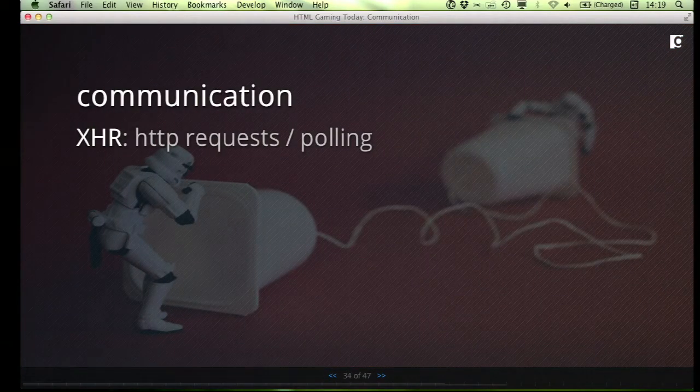Well, the most broadly used option right now is the XML HTTP request object. Originally just for getting asynchronous XML. Now it does pretty much everything, right? It can be used for getting plain text data like JSON, but it can also be used for getting binary data. And so a lot of people use this for polling, for simple multiplayer, and for doing things like high scores.